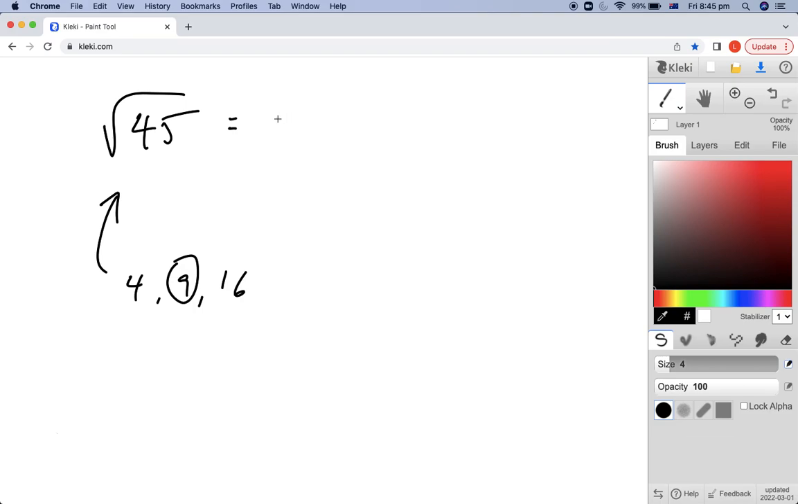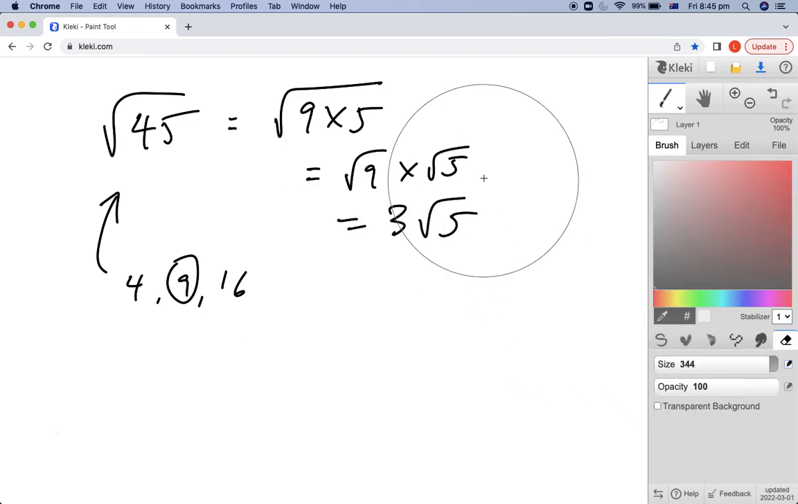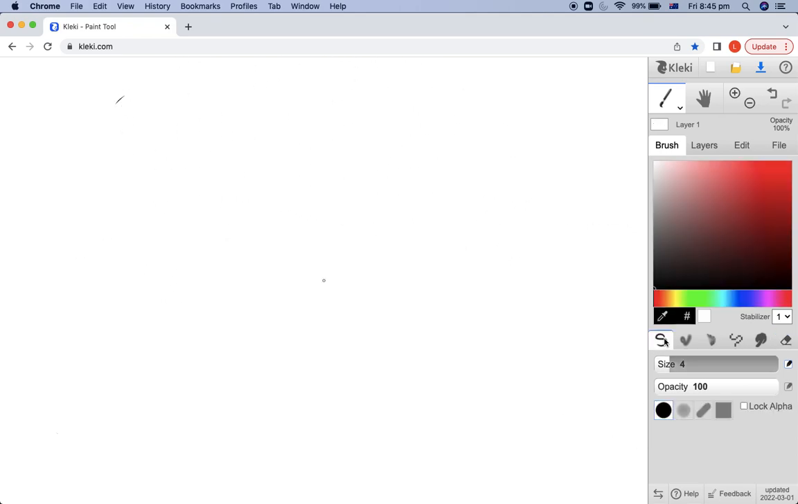So we can write root 45 as root 9 times 5, which we can then write as root 9 times root 5, which is then just 3 root 5. Perfect. So if you would like to try one by yourself, what you can try is the square root